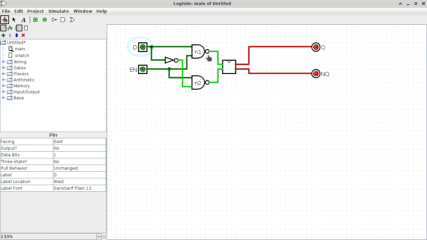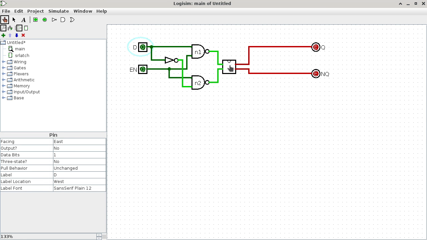But the outputs of N1 and N2 are connected to the S and the R input of the SR latch. And we already know that when both inputs of this SR latch are ones, the SR latch is basically saying, I'm not paying attention, I'm not changing, I'm just maintaining the previous state. So analytically speaking, that is the reason why when En is a zero, the SR latch just doesn't